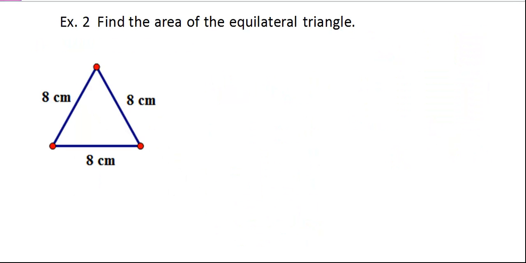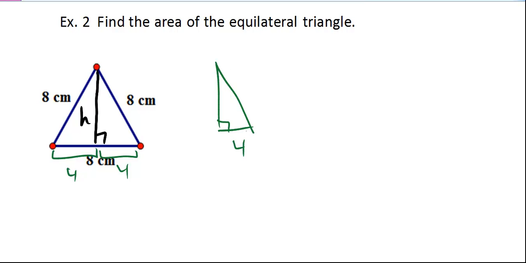Okay, and this problem here is asking us to find the area, but we know the area of a triangle is 1/2 base times height, which means I'm going to have to find the height of this triangle here. I'll call it h. And one thing that hopefully we notice is that when I draw this perpendicular line, it creates two equal parts. So I'm really looking at this right triangle where this side is 4 and the hypotenuse length is 8, and I'm looking for this side over here. We called it h. Okay, so I know then that 4 squared plus h squared is going to equal 8 squared,